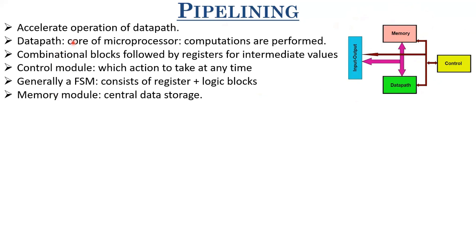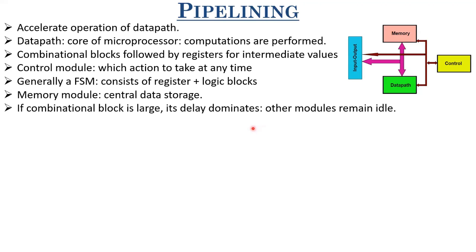We already discussed the data path. We are close to finishing the discussion on the control module, that is the FSM part. In the next module, we'll be taking up the memory module. And once we do all this, we would be equipped with enough knowledge to tackle the design of any microprocessor in general. Now, in general, what happens is, if the combinational blocks are large in your design,